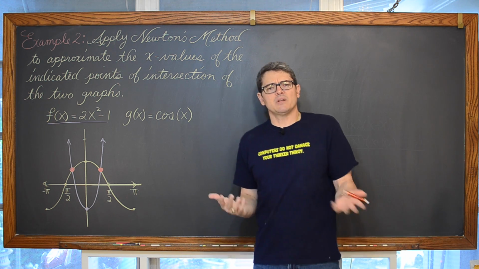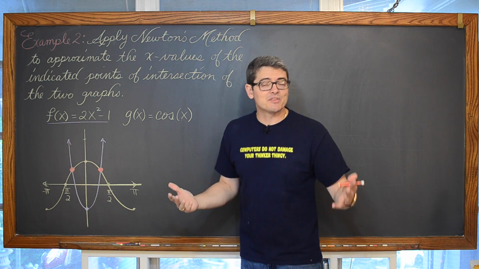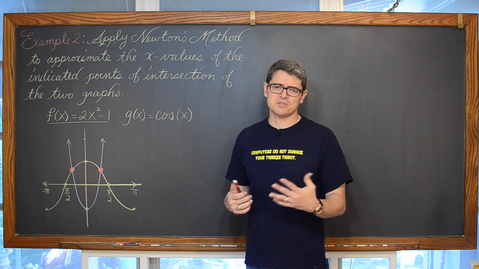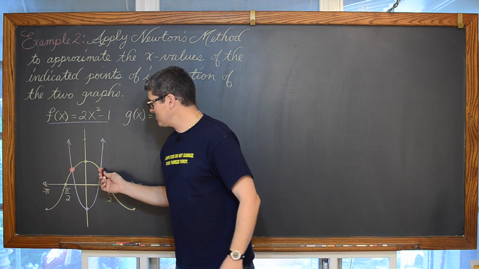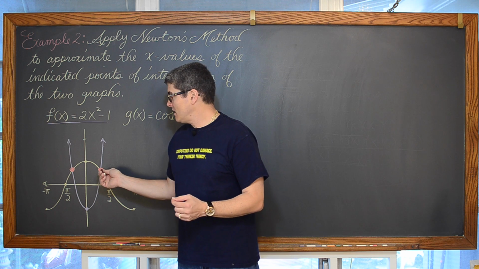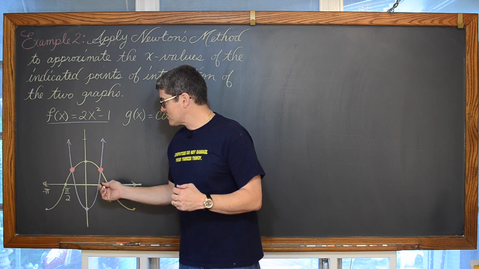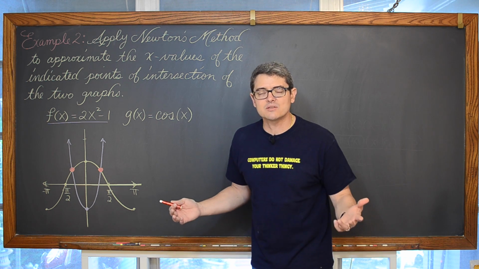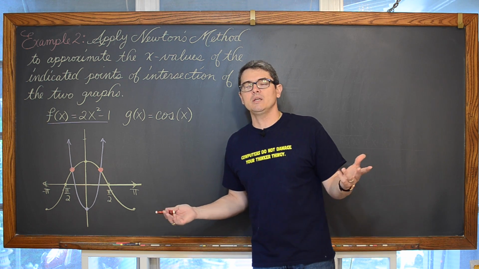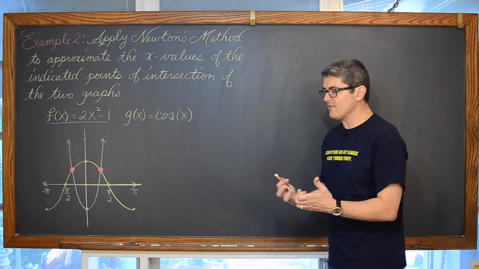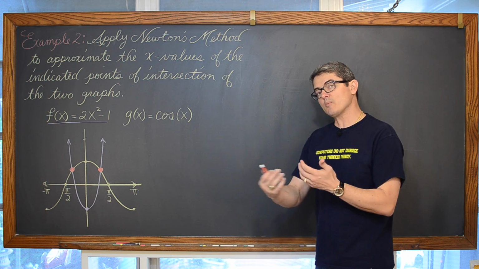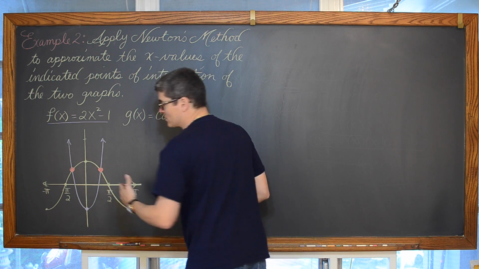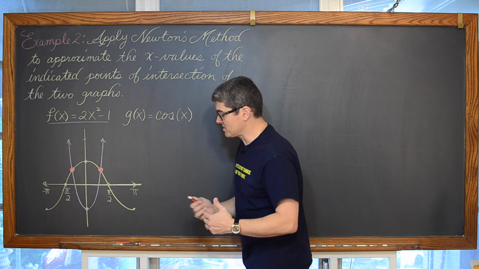Didn't I just spend a couple of scenes with you talking about how Newton's method helped us to approximate zeros or x-intercepts? This is finding a value of x where two graphs are intersecting. Well, yeah, we've been solving systems of equations since Algebra 1. And all we have to do is come up with an equation that represents setting these two equations equal to each other and then setting that equal to 0.